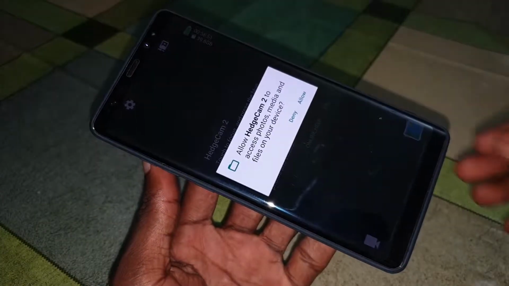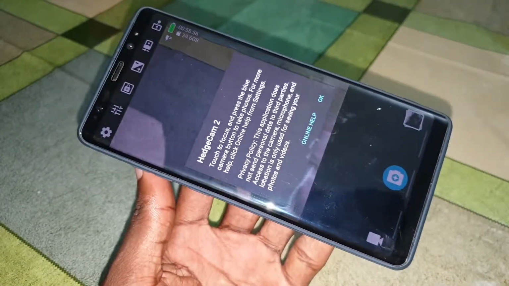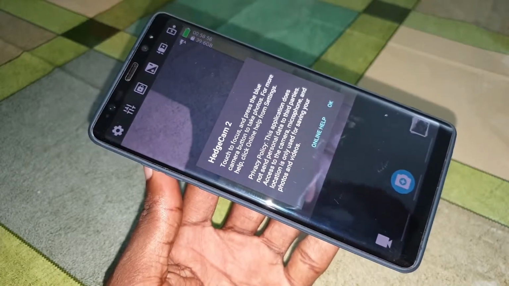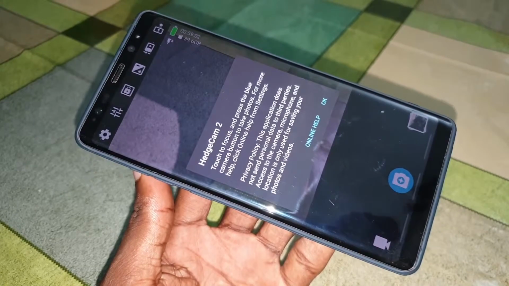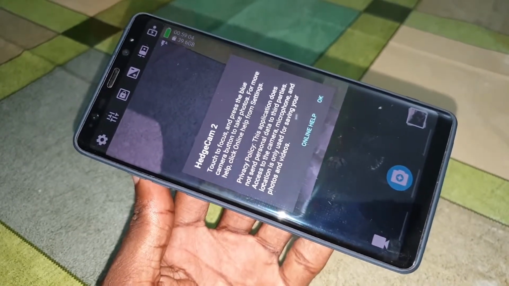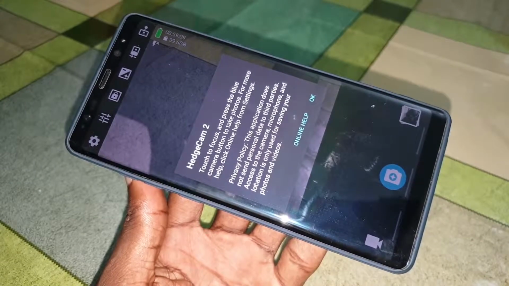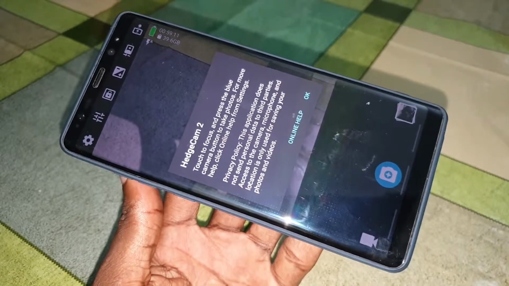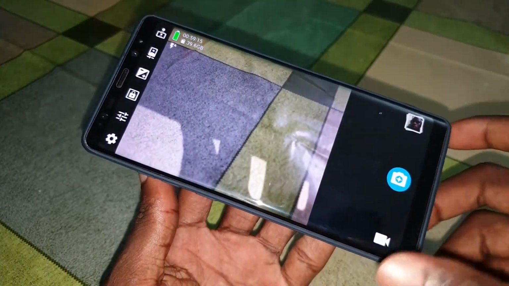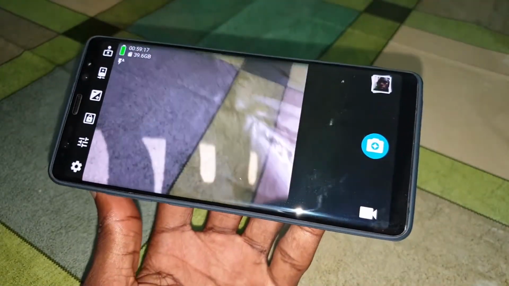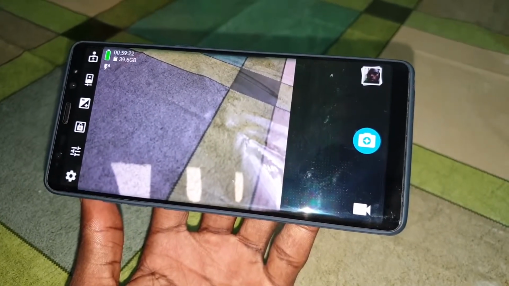Click on hello again, and you can see a beautiful notification in front of you. What you can read, as you can see: touch to focus and press the blue camera button to take photo. Okay, wonderful. Click on OK. Now you can access your beautiful new camera application.